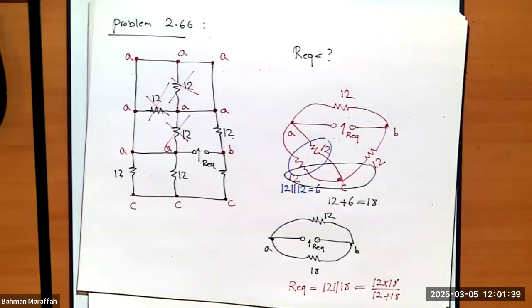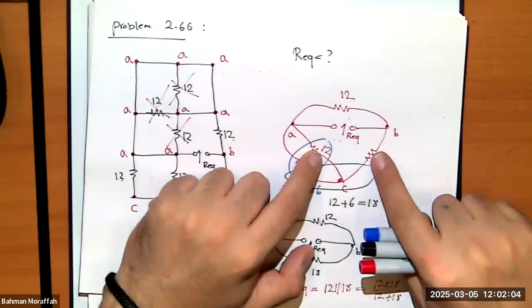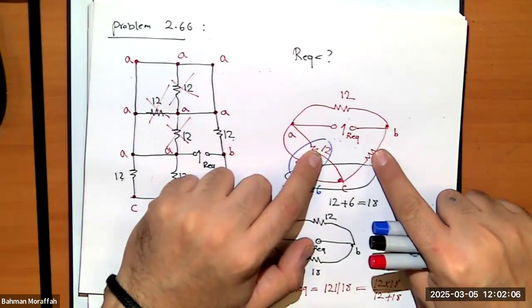See how easy the circuit became as soon as I named the nodes? I realized what was in parallel with a wire because I circled back to the exact same node. I realized the resistors that were in parallel, the resistors that were in series, and I could simplify them down. One thing that's very, very important, if you look at this 12 and this 12, they're not in series,